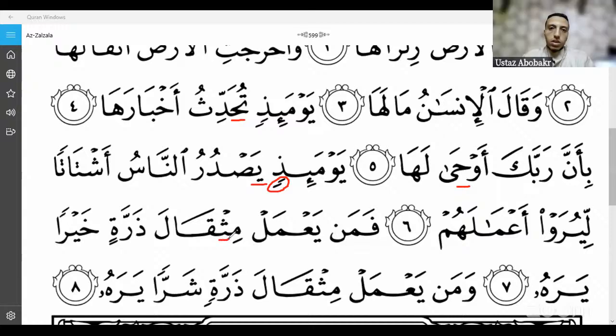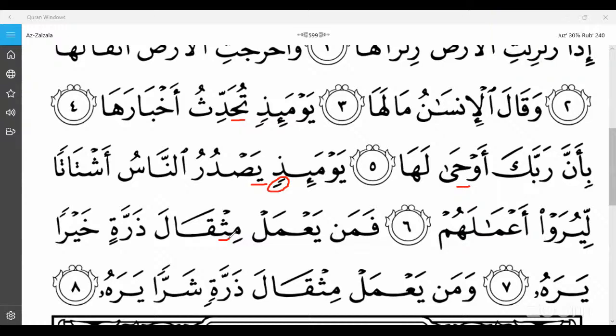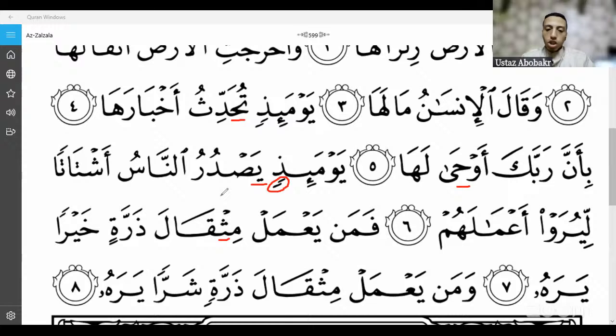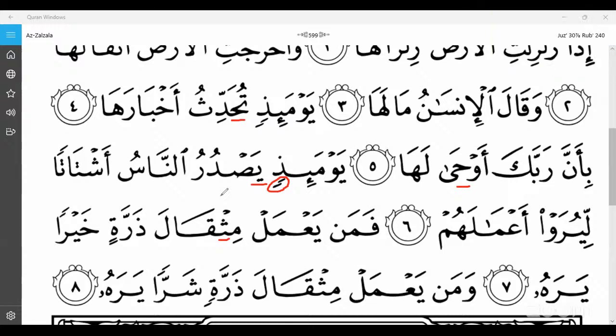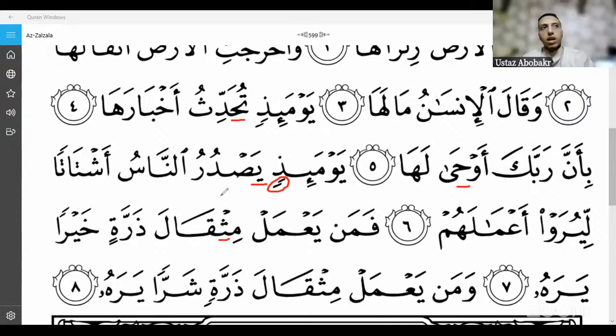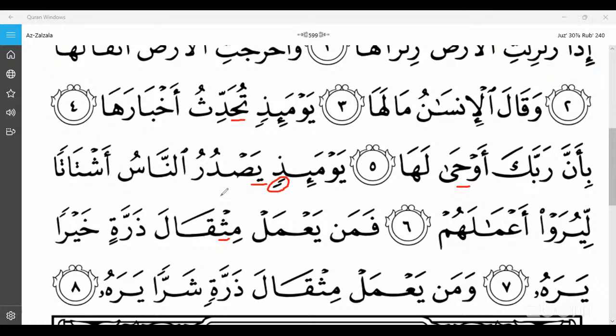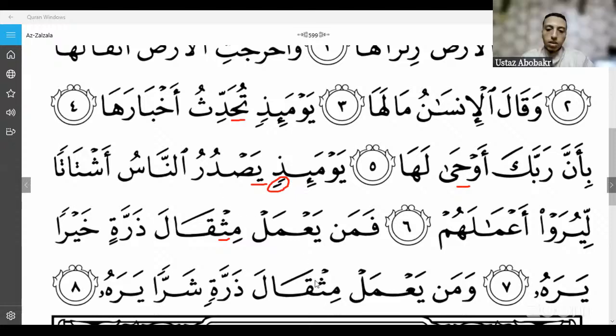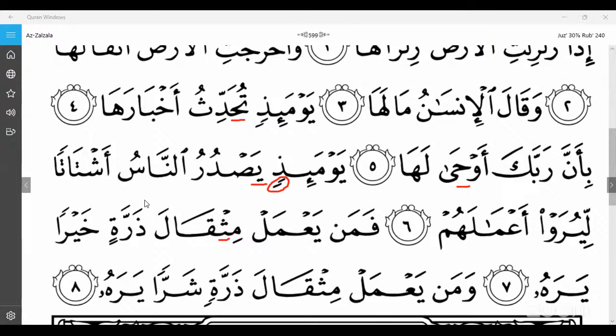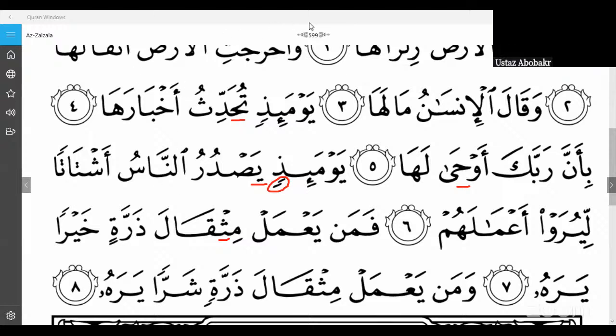Again, with the letter tha, so making the tongue touch the teeth. مثقال. فمن يعمل مثقال ذرة خيرا يره. Not sha, not mish, myth. Remember we said مثقال, we're going to make the tongue touch the teeth. So like tha, thi, مثقال, thu. مثقال. Yes. ذرة خيرا يره. فمن يعمل مثقال ذرة شرا يره. Again, مثقال. Yes. ذرة شرا يره. Very good.